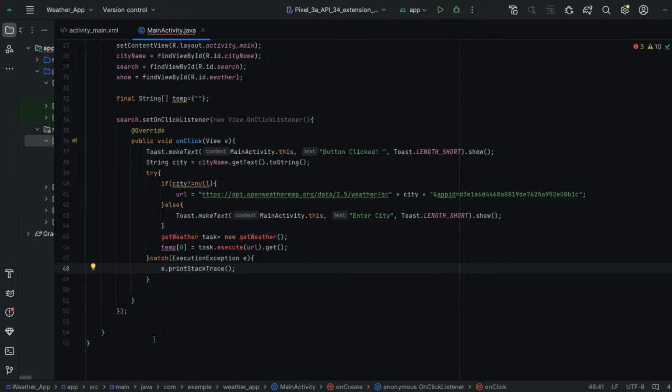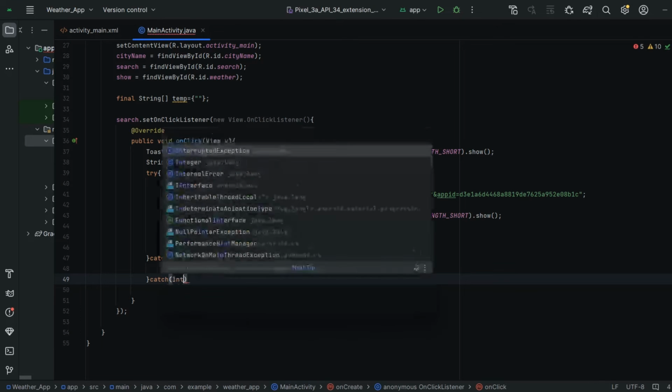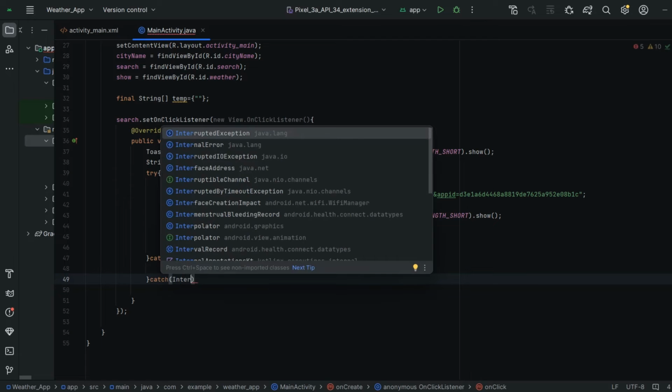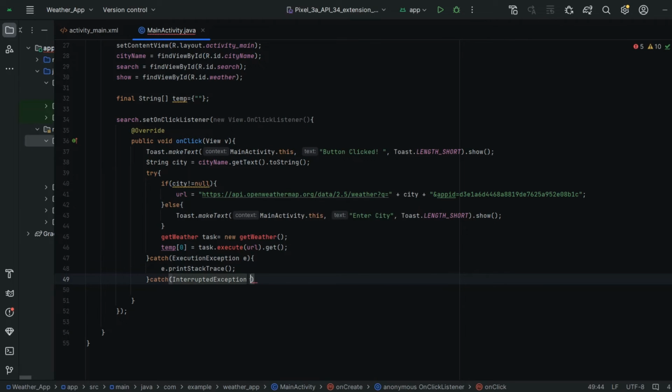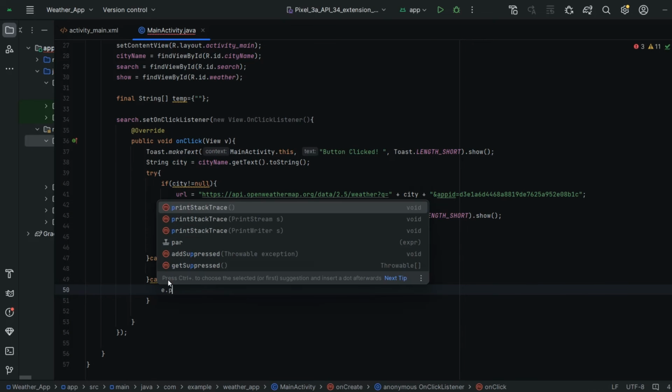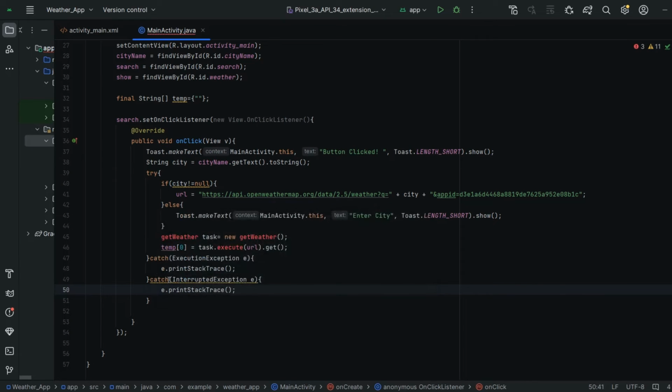And we also have one more exception, guys, that is interrupted exception. It means you didn't get any input when we went to that URL, meaning you entered an invalid city. If you entered any invalid city, this interrupted exception will arise. So for handling those things we are writing catch interrupted exception e. Here also we are doing the same thing, guys. e dot print stack trace.